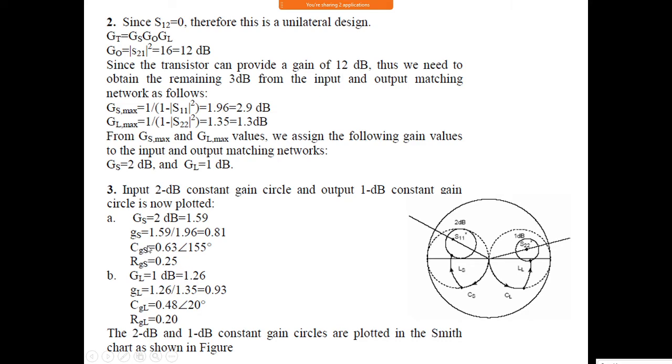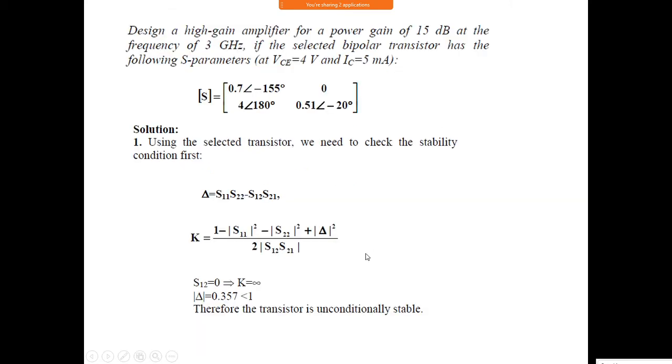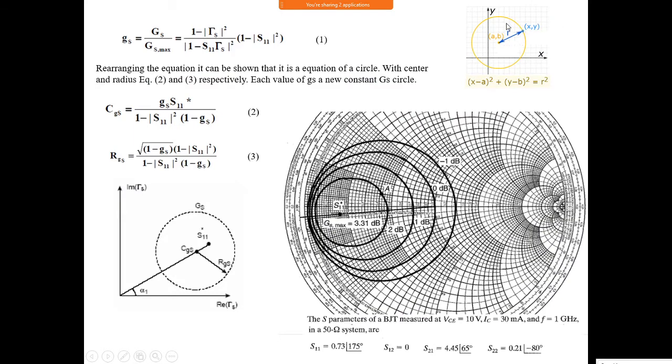The center of the circle is in the complex plane, that is in the gamma plane. Real and imaginary: here 0.63 and 1.55, this is the center of the circle. How to mark it on the Smith chart? We have the center of the circle. See, the center of the circle means in xy coordinates we know x and y. This is the x axis, this is the y axis. The center of the coordinate is this, correct. That means x and y, we go x units in this direction, y units in this direction. It is a point, the x and y value. This is a point A and B. So we will be taking it like the center of the circle.